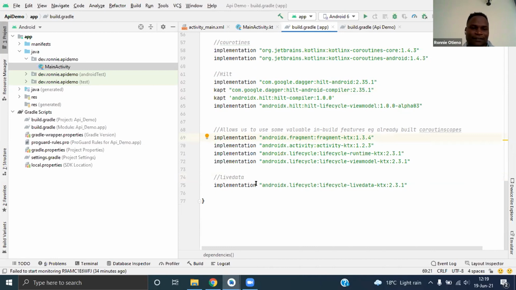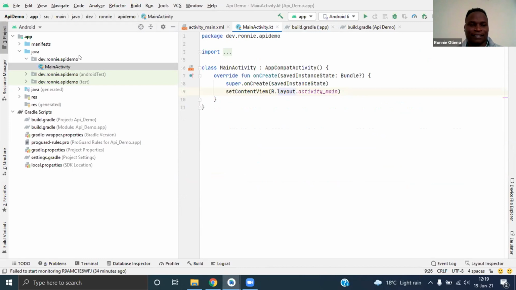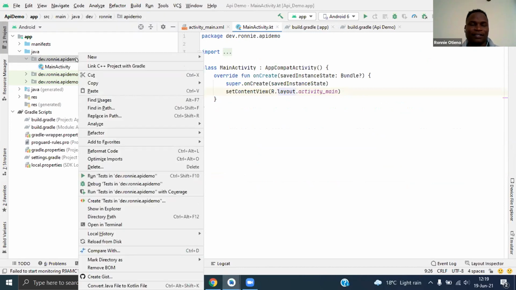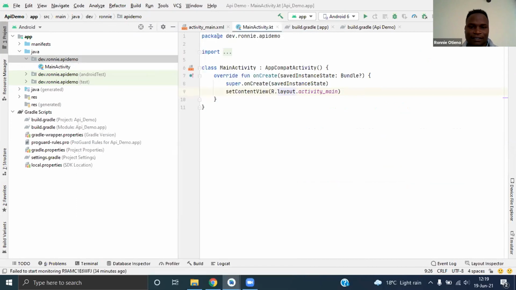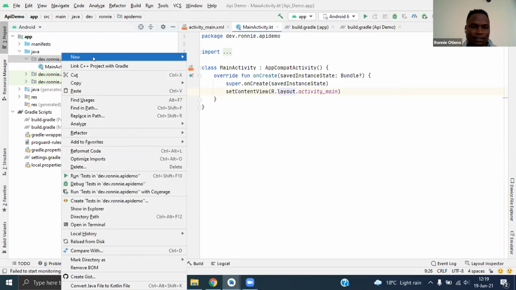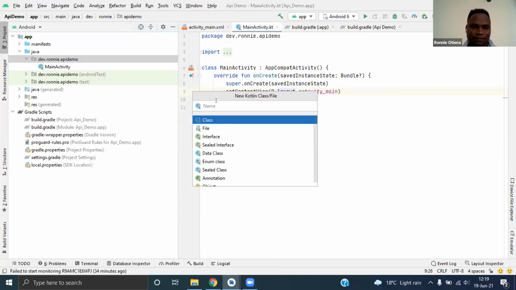So the first thing first, we need to start with creating our application. That's where we will put in our Hilt. That's the dependency injection framework. So let's just create an application.